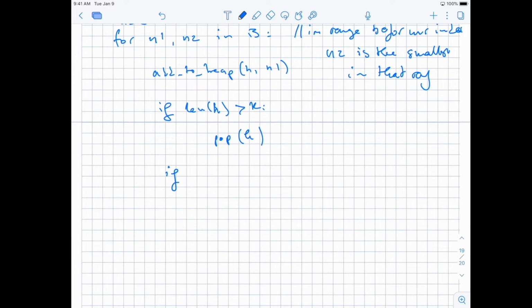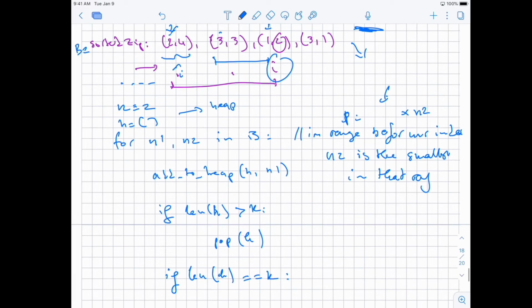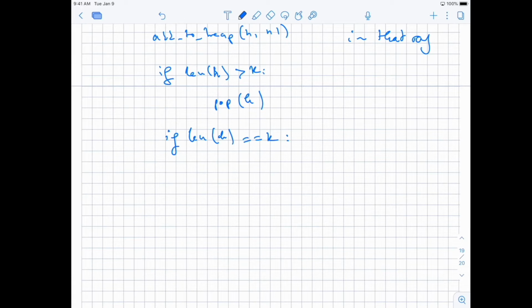So here we need to say only if the length of the heap is equal to k, and this means we already have k elements of nums1, and since we are zipping, that means we have both k elements of nums1 and k elements of nums2, right? And so if they are equal to k, then the score is going to be the max of the score so far,